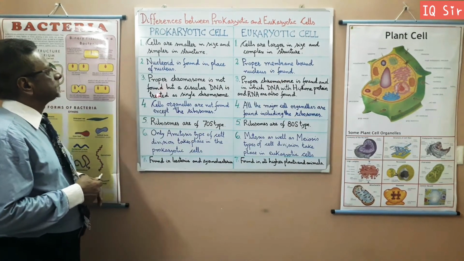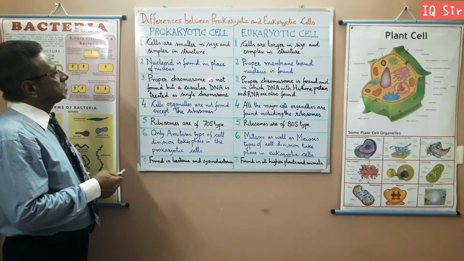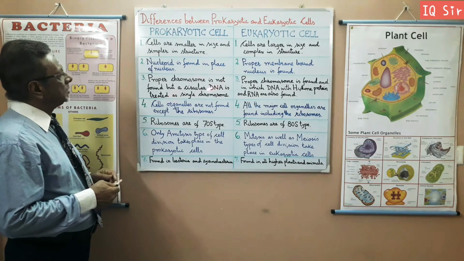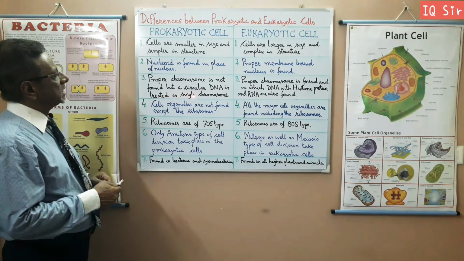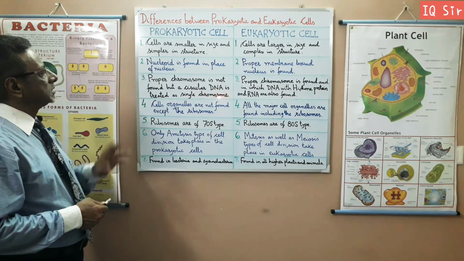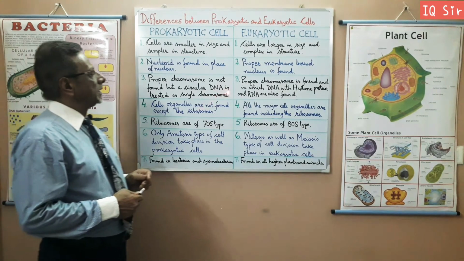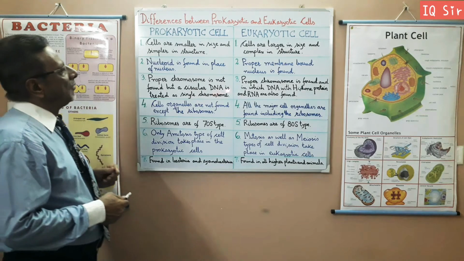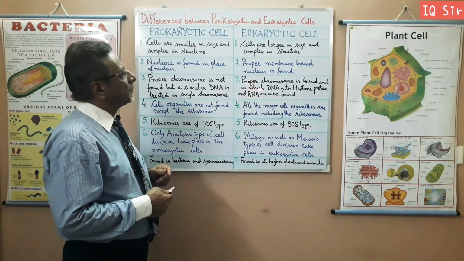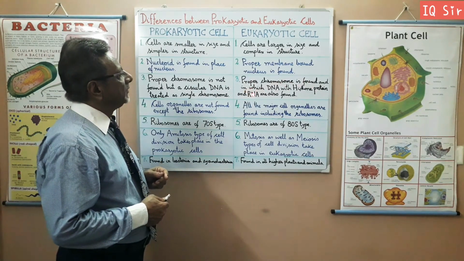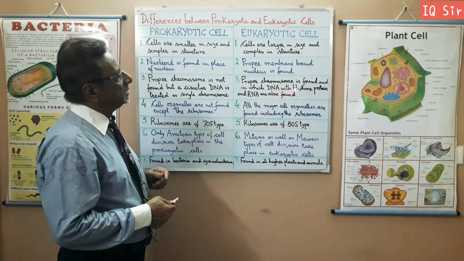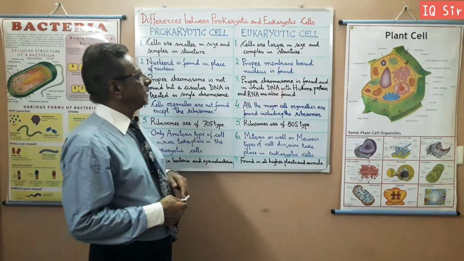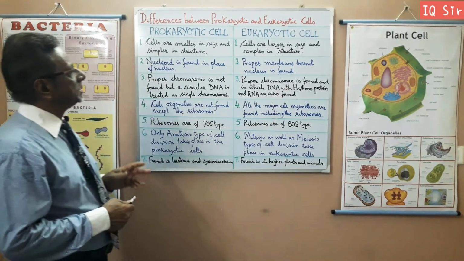The third point is that in prokaryotes a proper chromosome is not formed, but a circular DNA, as I told you earlier, is treated as a single chromosome. Circular DNA is regarded as a chromosome, so there is only one. While here, the proper chromosome is found, in which the DNA is associated with histone protein, and RNA is also present in small amounts. Okay, so it is clear.